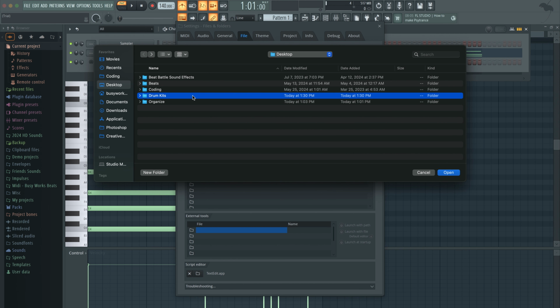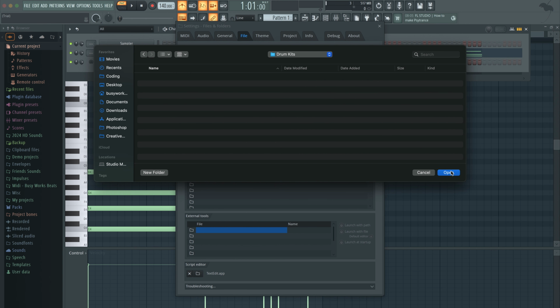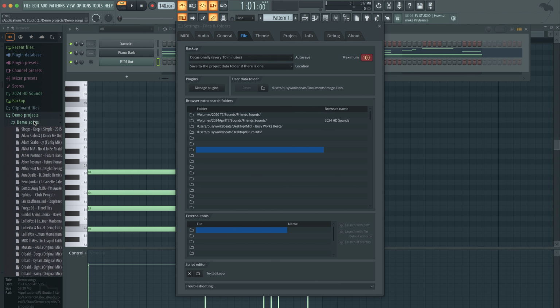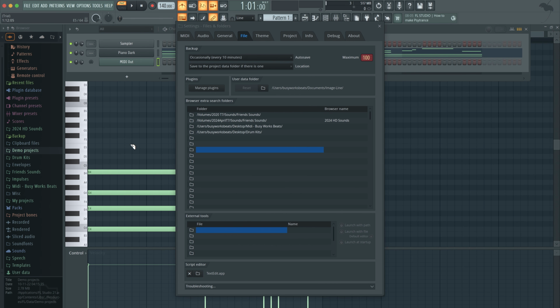Okay, so now we're going to put all those downloads into this one folder called the Drum Kits folder. Okay, and then we're going to select this folder and hit open. So now on the left side, you'll see that a new folder pops up called Drum Kits. If you don't see it, just click this little refresh icon right here and it will pop up. Okay, so now we have this Drum Kits folder. It's empty right now, and now in the browser, you can click inside and it will open up the different trees and projects that you guys have. Okay, so that's a very simple way to handle sounds.